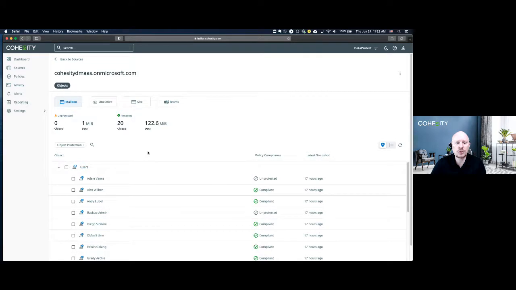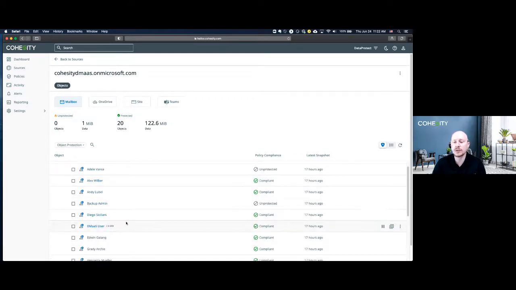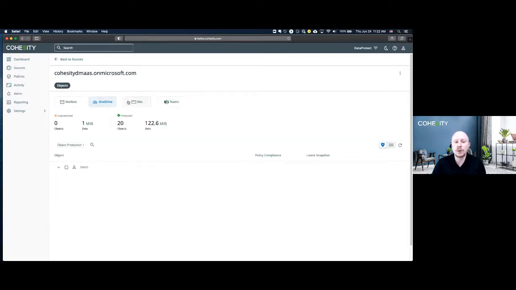And by just registering a solution, you're going to see all the different users that you want to go ahead and protect. If you want to protect those, it's a simple matter of checking the box. And note, I've got this for mailboxes. I can do the same thing if I wanted to kick over to OneDrive. If I wanted to do this for a SharePoint site, no problem. Same thing if I wanted to do this for any sort of Teams work. I have the ability to manage this as well. In this environment, I've only got a handful of teams in here. But once you register these sources, then it's easy for you to simply choose what you want to protect.